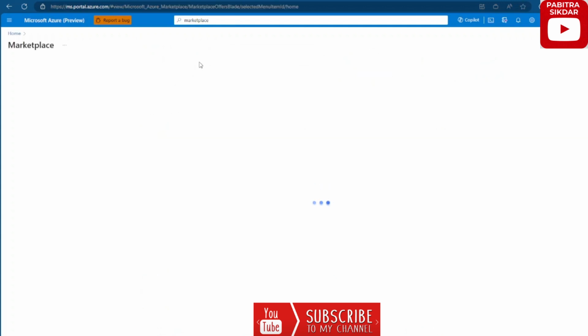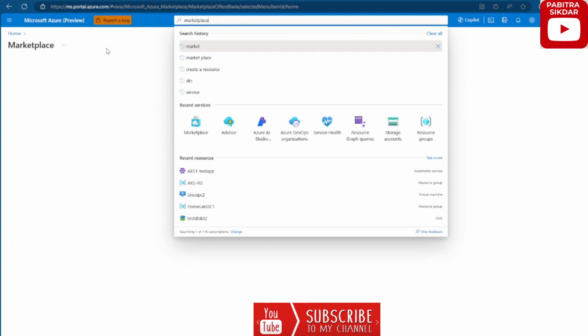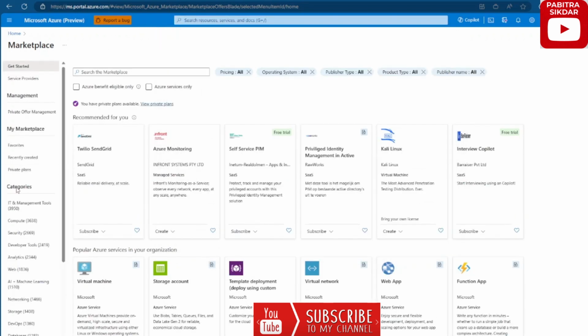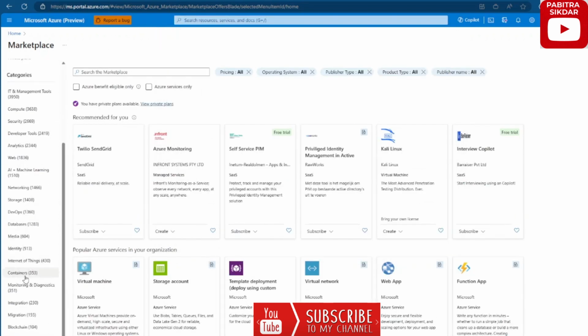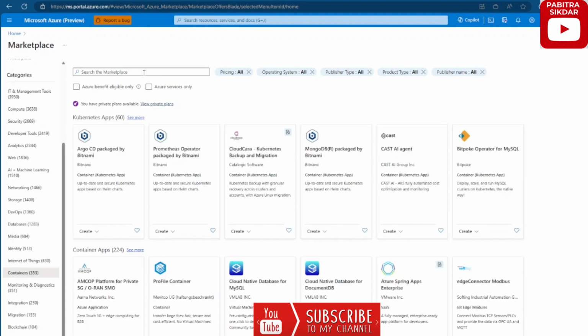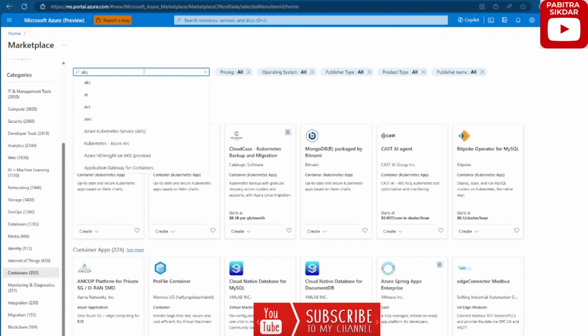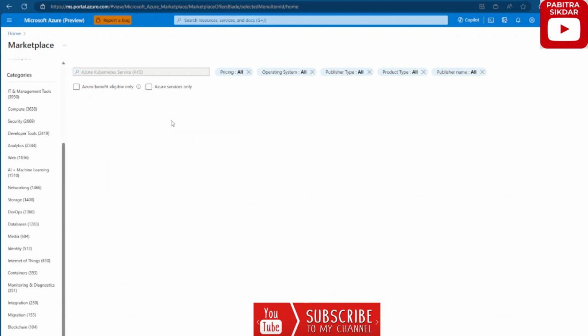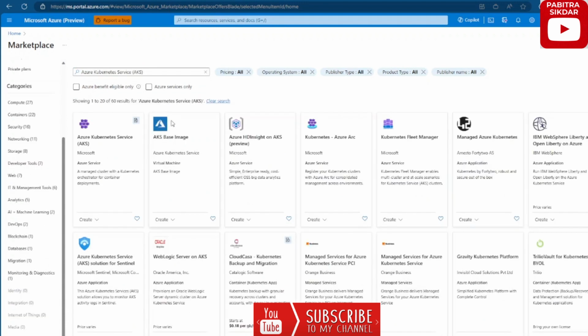If you click on marketplace, then you go to containers on the left hand side, and type in AKS over here. Here you will be able to see Azure Kubernetes Service. If I click on create,